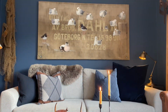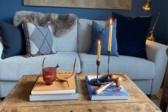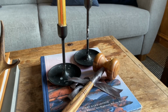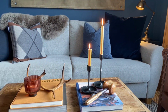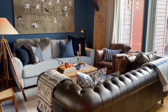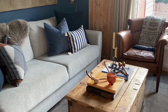I love the ambient lighting that we still have in the home, and it was so refreshing to bring out my coffee table books and just create something different. Now that Christmas and Chinese New Year is over, I've taken away the red because I don't use red for Valentine's Day, so I didn't need it any longer, and I just couldn't handle it. It was just too much. I've had it for 2 months and I'm over it, and it was such a relief to my eyes. I don't know how people have red all year